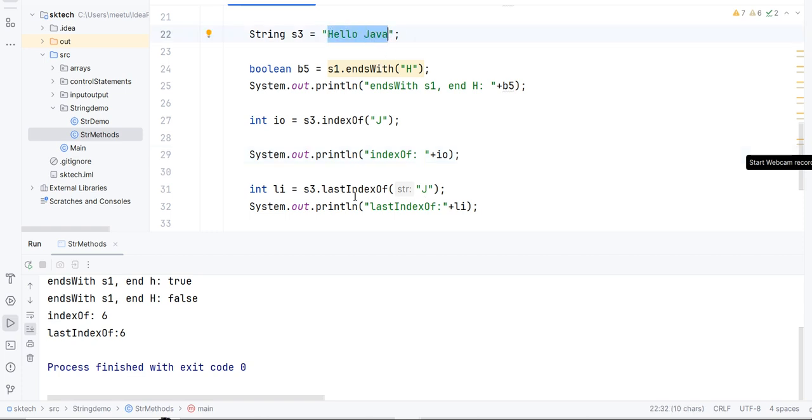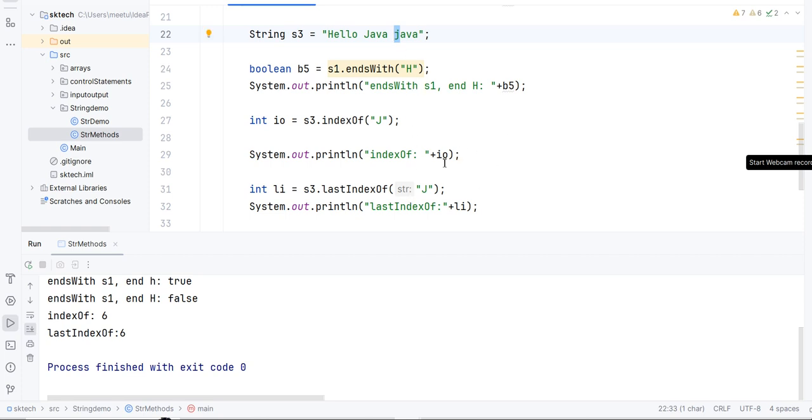For example, let's say we are trying to check at which position a particular string is available from the last. Let's say j is available in multiple places, so "hello Java Java", right? So it is going to check from the last here.